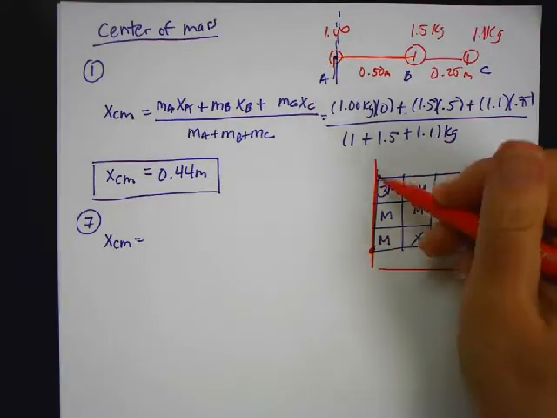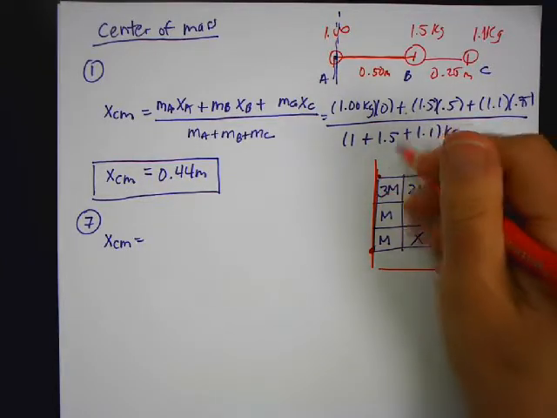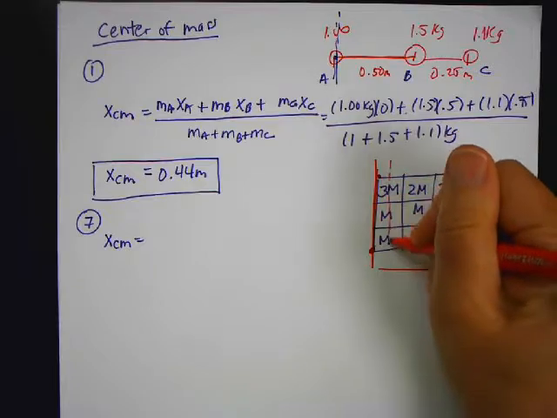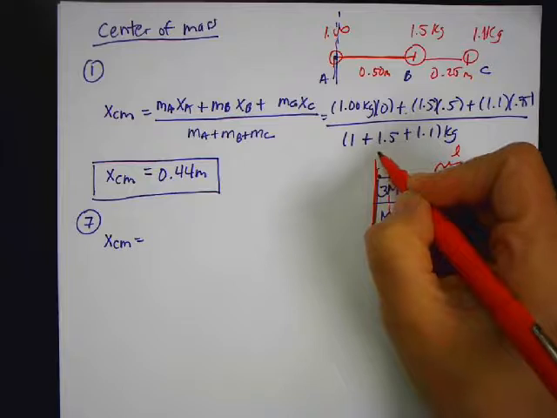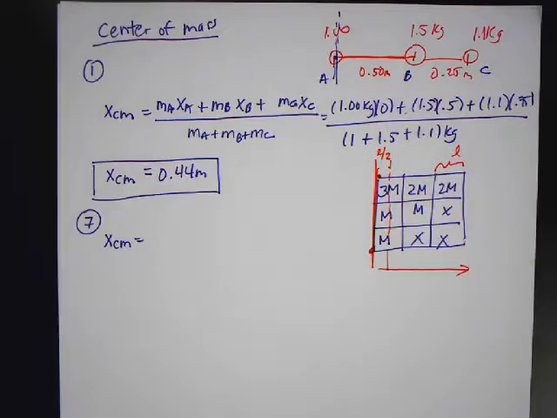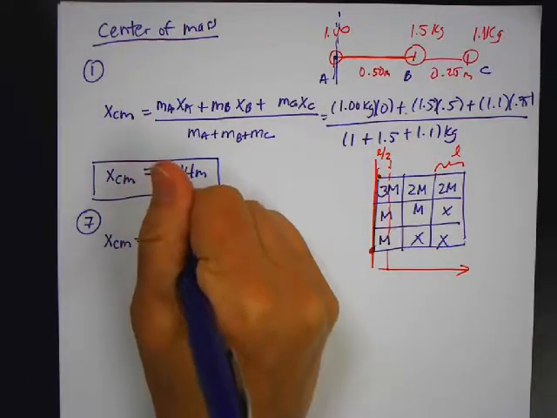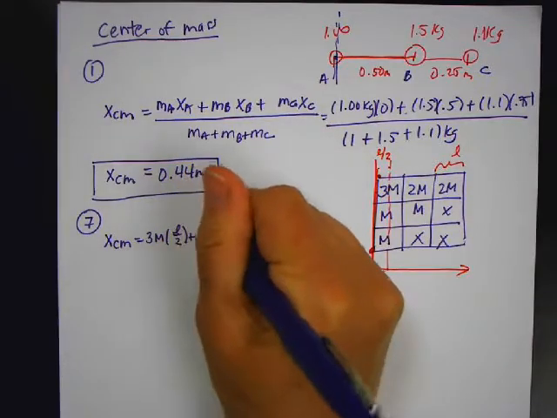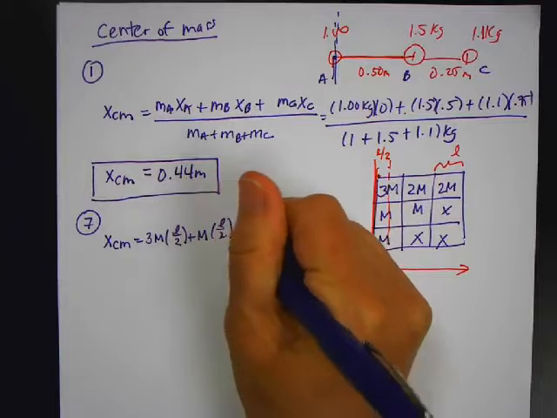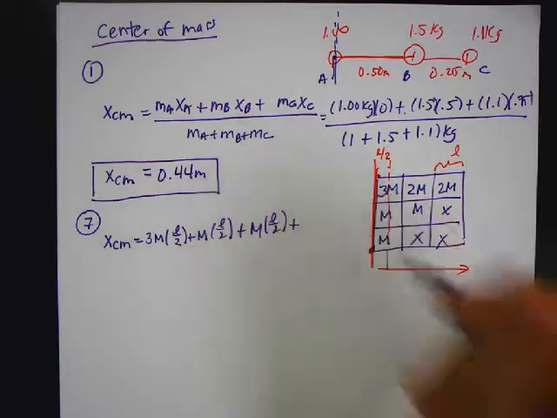Now, when I find the distance from each of these boxes, I don't do it from the edge. I do it from the center of mass, which is like this. So if each box is L, from here to here, that's going to be L over 2. So when I add it up, this first box is going to be 3m times L over 2, plus this box, which would be m times L over 2, plus this m times L over 2, plus this box, which